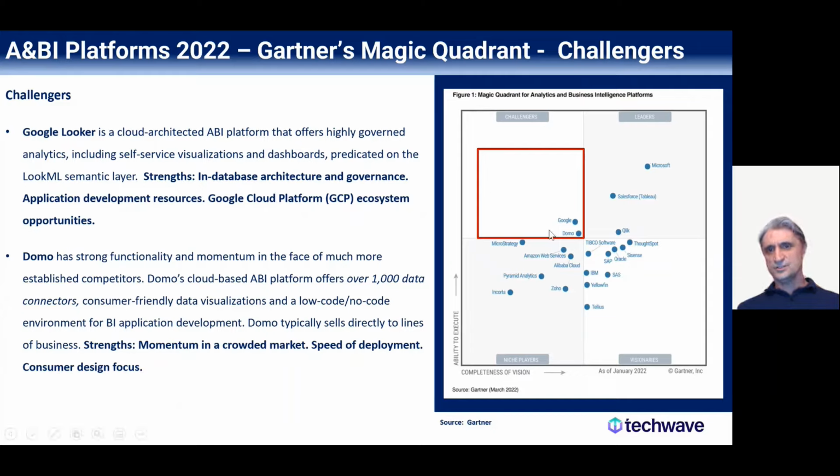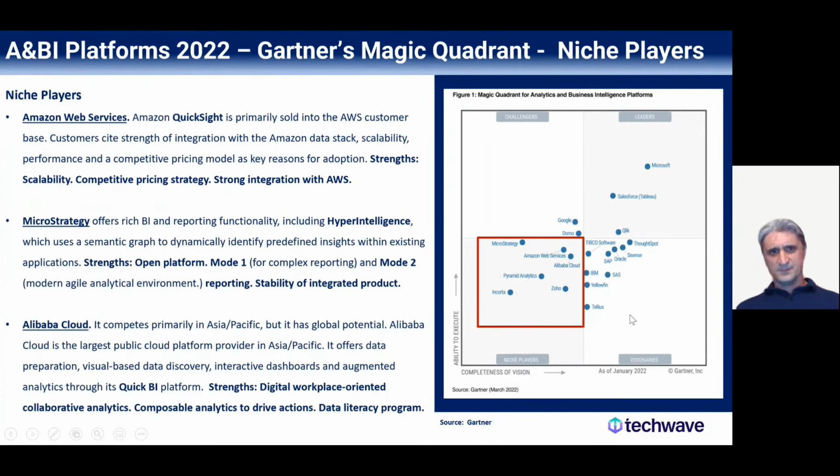So as you can see, there are only 2 in the challengers quadrant, interestingly. However, there are quite many niche players which are close to being in the challengers zone or in the visionary zone. So let's look at them next. The niche players, there are 6 of them. I listed mainly the top 3 most important ones, which are Amazon Web Services, Alibaba Cloud,